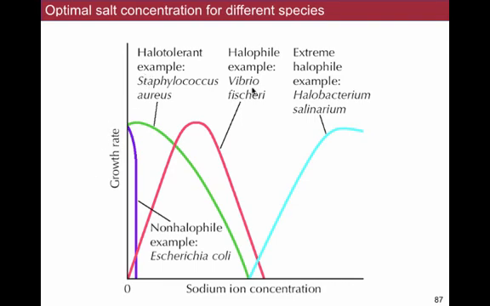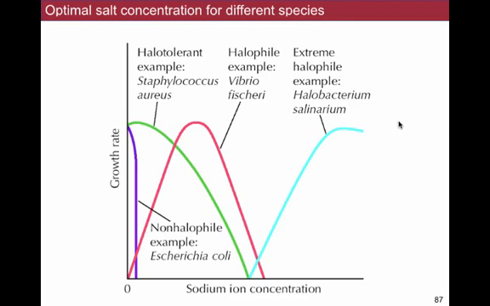And then different types of organisms have different patterns here. So E. coli hates salt. If you give it just a tiny bit of salt, its growth rate starts to plummet. That's called a non-halophile. Some organisms prefer to grow at low salt concentrations, but will tolerate higher salt better. Those are called halotolerant. For the organisms that actually prefer to grow at high salt concentrations, those are called halophiles. They prefer high salt. And the halophilic archaea are way off over here on the right, preferring to grow at